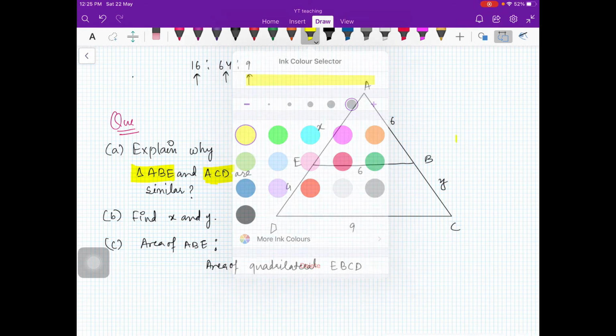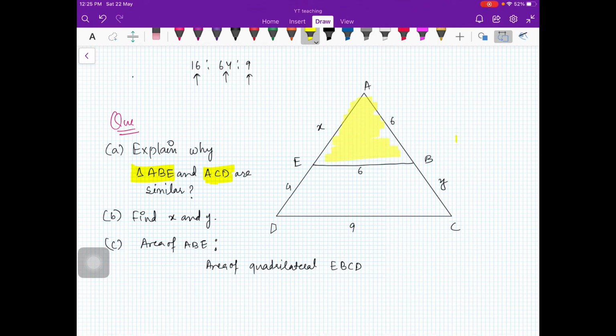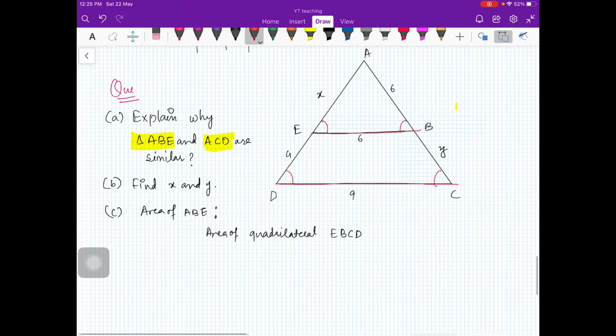So do you get why this particular triangle here, the smaller one, and then you have this bigger one? Okay, so you have to tell me why these two triangles are similar. It's very simple. Try to find out the angles. Can you say anything about the angles? So you see these two are parallel lines. This line is parallel to this line. So what do we call these angles? We call these angles corresponding angles. So when you have parallel lines, the corresponding angles are equal.